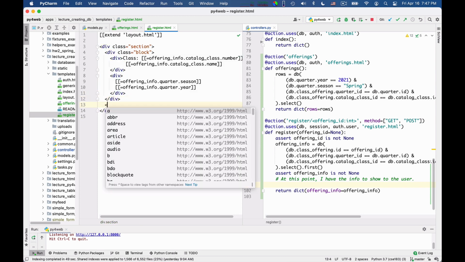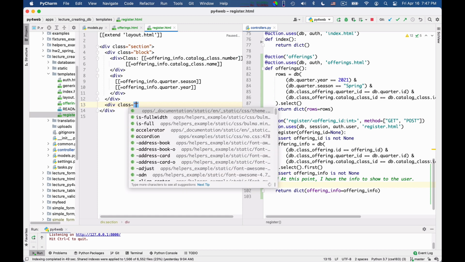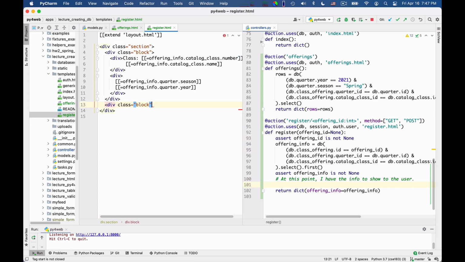Another block here, div class is equal to block, and here I want to write something like this. I want to say div if you would like to register, please leave a message for the instructor.